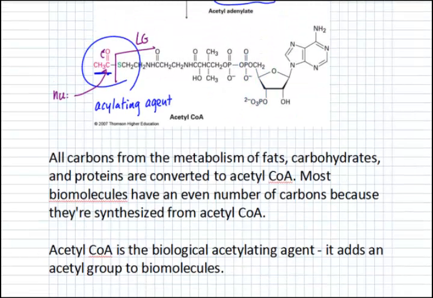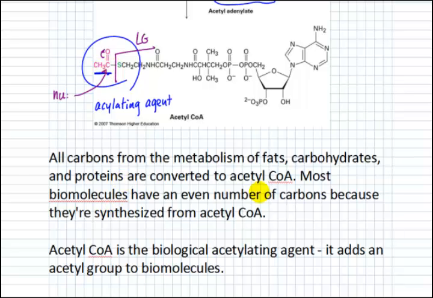And it's hard to overemphasize the importance of this molecule, that all carbons from the metabolism of whether they're fats, carbohydrates, and proteins, they're all converted to acetyl-CoA. So every carbon molecule that you eat, whether it's a fat or a protein or a carbohydrate, it's broken down through the metabolism process to pairs of carbons, to these two carbons in acetyl-CoA. And then acetyl-CoA passes those on to the rest of the metabolism process, like the citric acid cycle and so on. And then the way that biological systems synthesize fatty acids and so on is because of these two carbons,